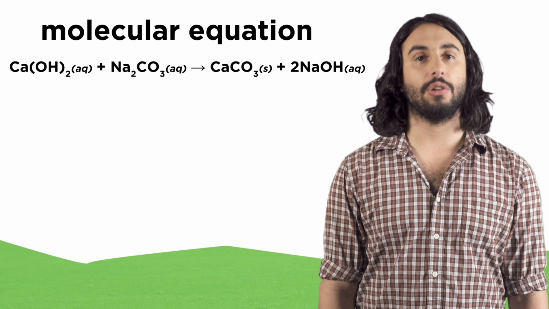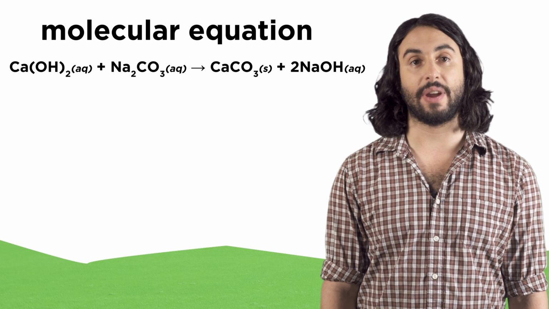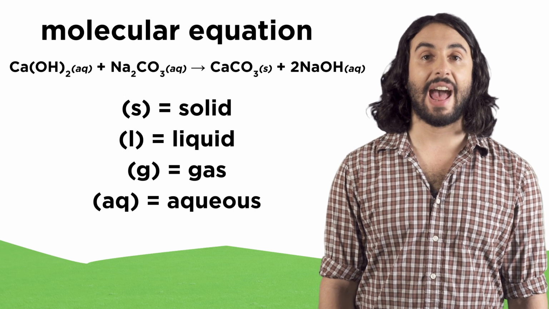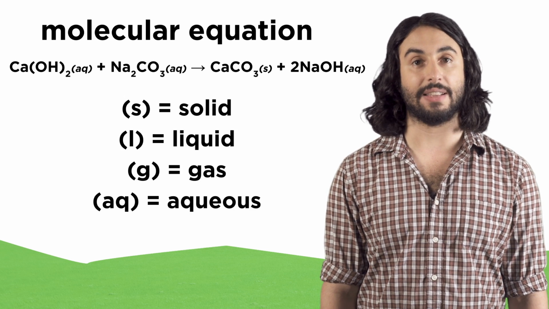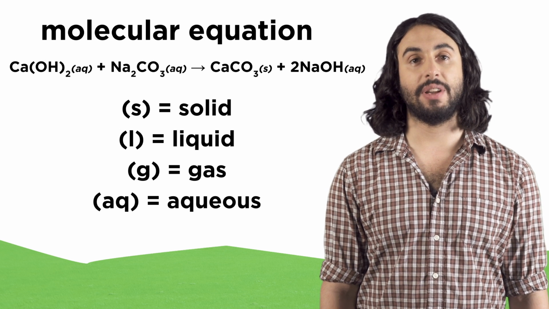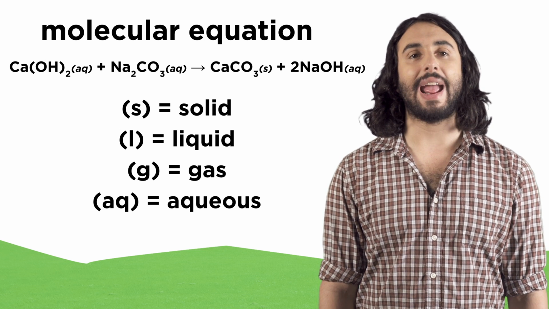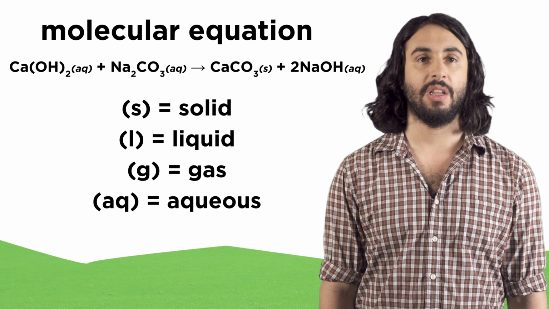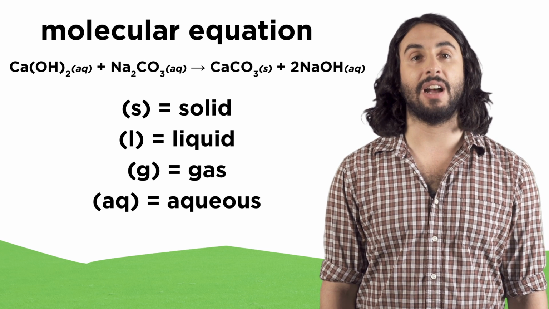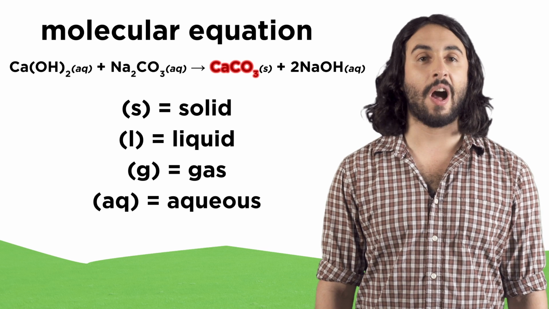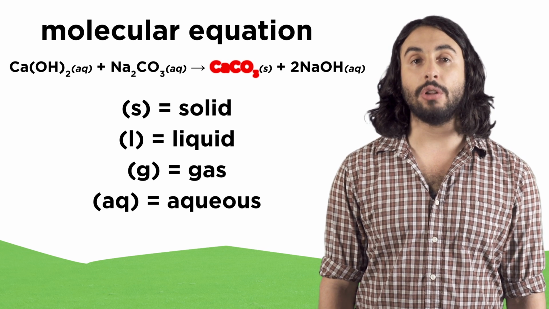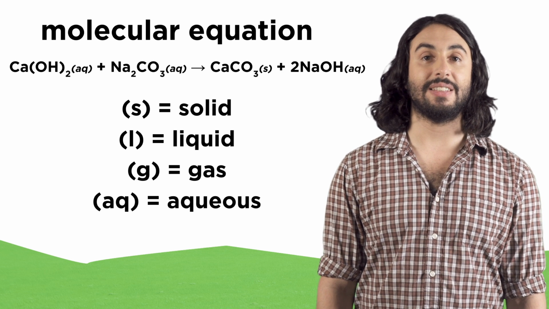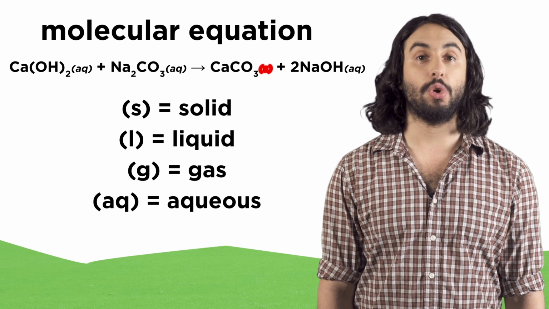We can use molecular equations to describe substances that transform in solution, and it will be useful to use subscripts after each compound to show its phase. There's solid, liquid, and gas, and we use the word aqueous to describe ions that dissociate in solution. This is important because sometimes ions come together to form a new compound which may be insoluble in that solvent. In such a case, we will denote that it is in the solid phase, as it will crash out of